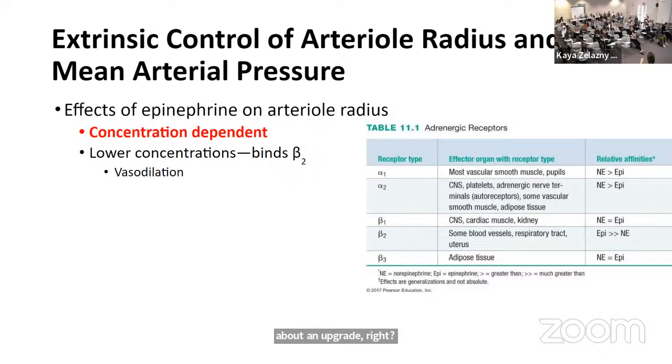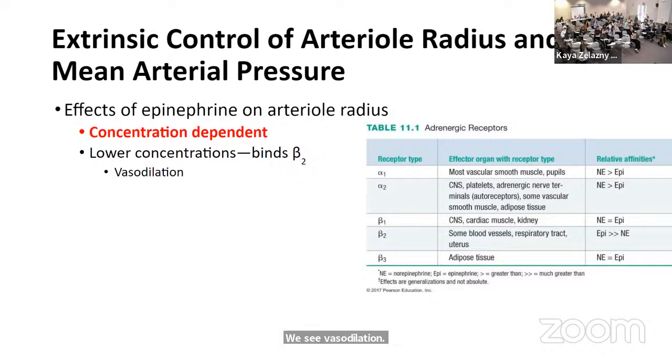So starting out as you're ramping up epinephrine concentrations, it's going to go first to those beta-2 receptors because they're really greedy for epinephrine. Okay? So at first, when you have a little bit of epinephrine, we see vasodilation starting in the skeletal muscle